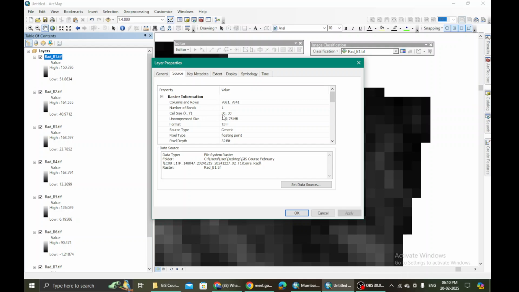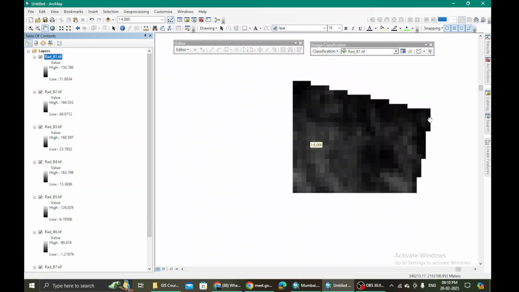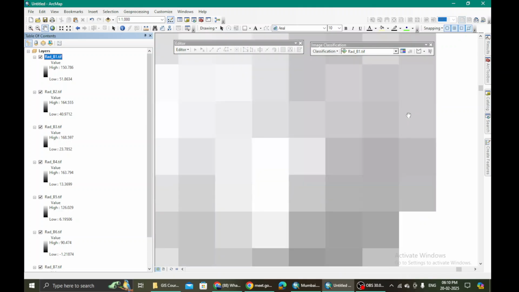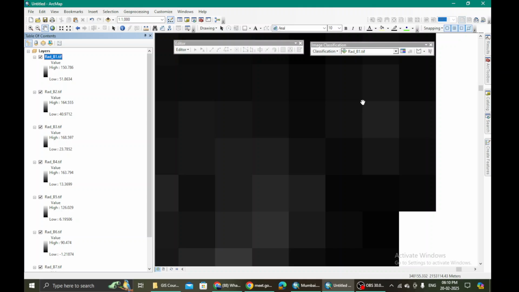What is the cell size? It is 30 meter by 30 meter. That means each pixel that we see here has two sides, A and A, both of them 30 and 30. So 30 meter by 30 meter is how much?